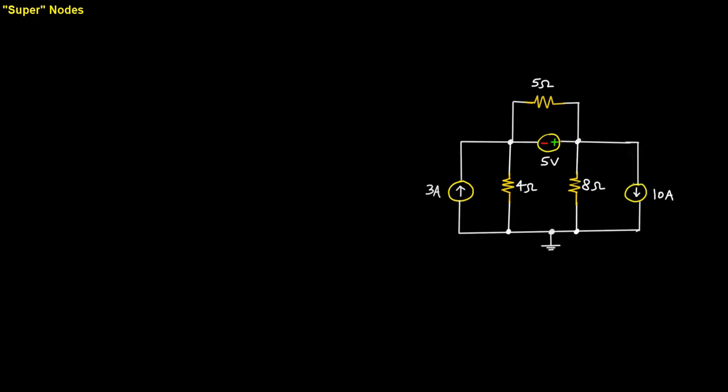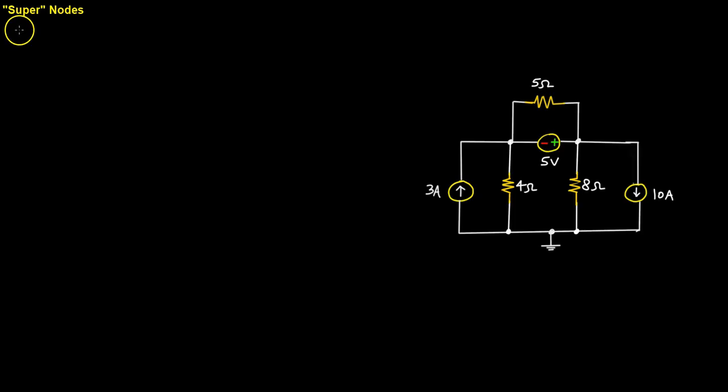So what are supernodes? A supernode is formed when a branch in the circuit contains a voltage source of some kind, either dependent or independent. So why is that? Why does that have its own term? Why is that important? Well, if you recall, an ideal current source provides a specified current no matter what the voltage across its terminals is. Now, an ideal independent voltage source provides a certain voltage across the terminals